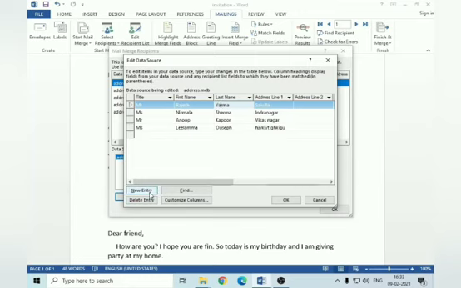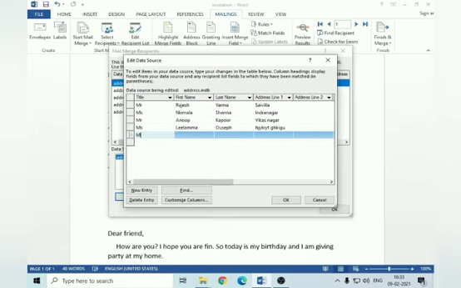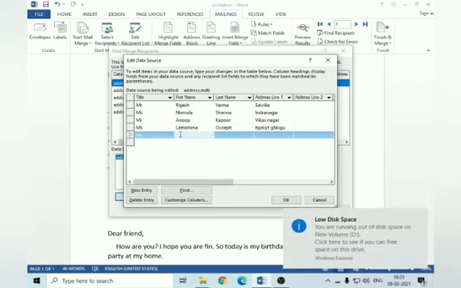And also I want to enter a new entry. For that, click on new entry option. So I want to insert a new record here. So I insert Mr. Robi Kurian.